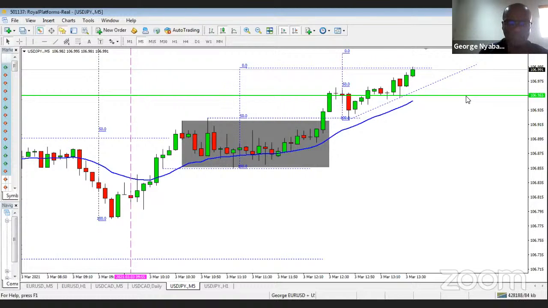I have to wait for those pullbacks, and those pullbacks to the moving average. The market has to come back to it in two legs, which is high one, high two. The first high, the first pullback that breaks a high, and then the second pullback. We'll talk about this as we go along, or a wedge pullback to the moving average. So if the market accelerates